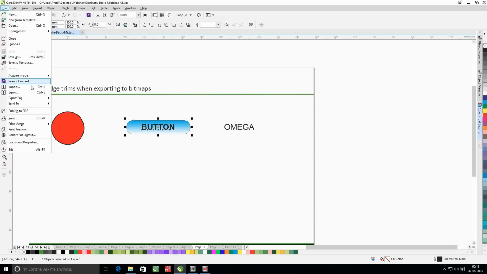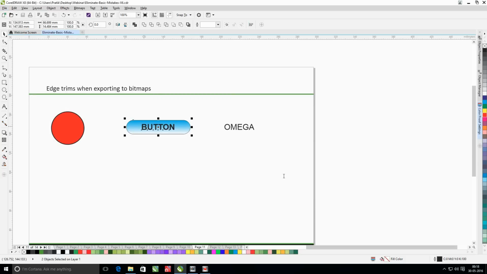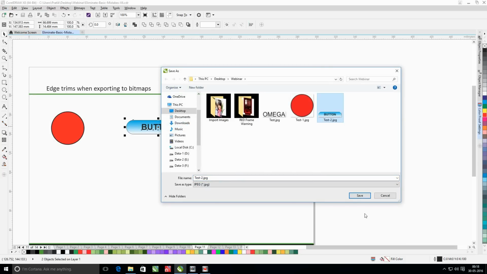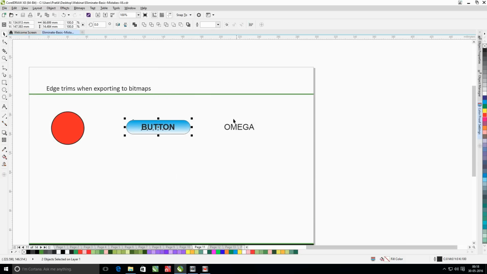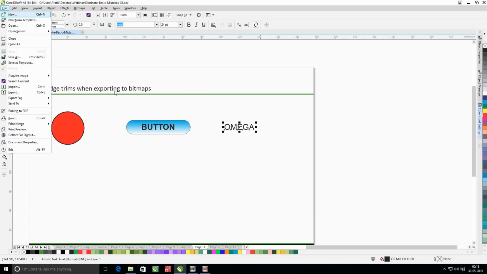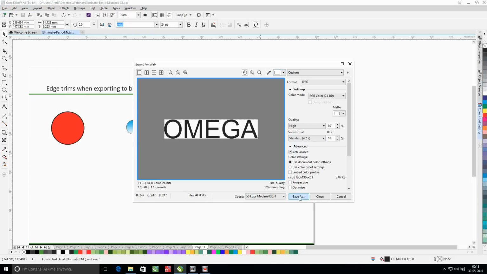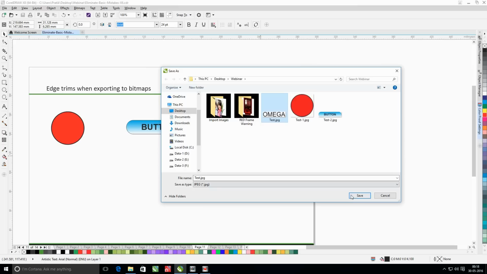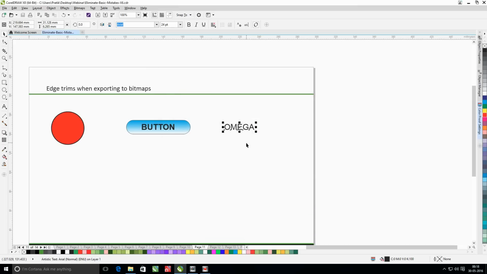Again, I'll select the second object, save as test2, and I have object 3, that is test3.